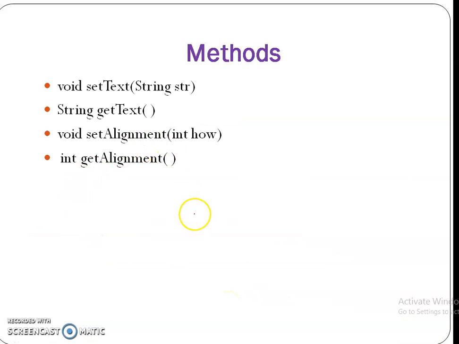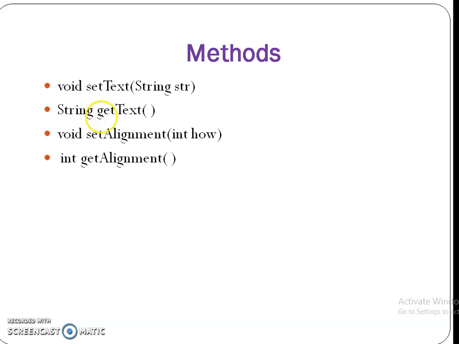And the familiar methods related to strings are setText, getText, setAlignment and getAlignment. setAlignment and getAlignment are only applicable when we are using the third type of constructor. When we are going with the first, second or third constructor, if you want to give a new string or change the existing string, that time we can use the setText